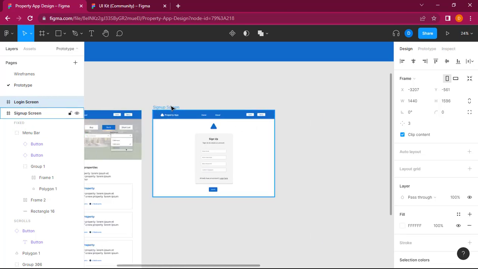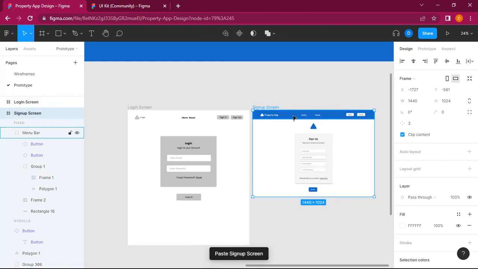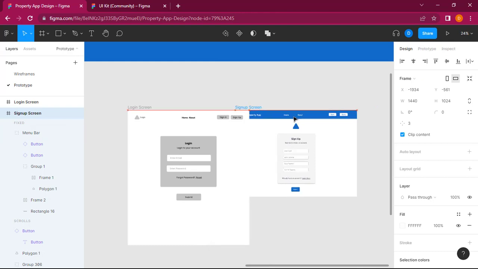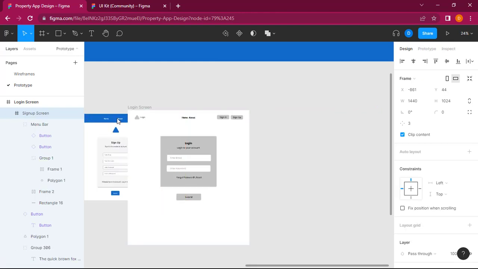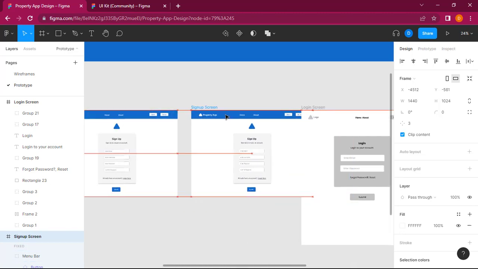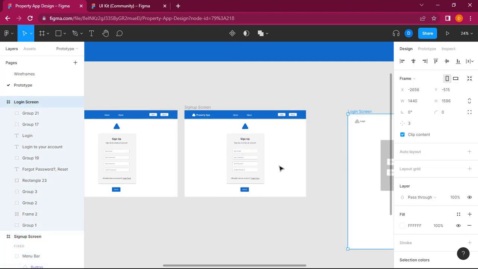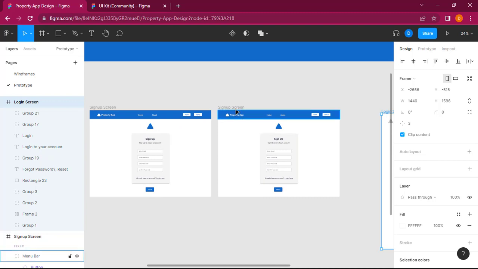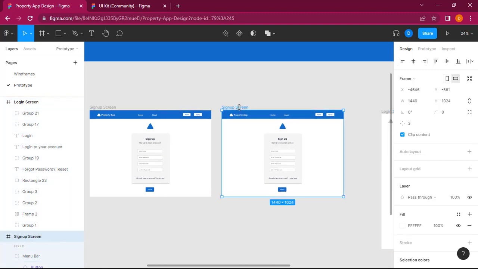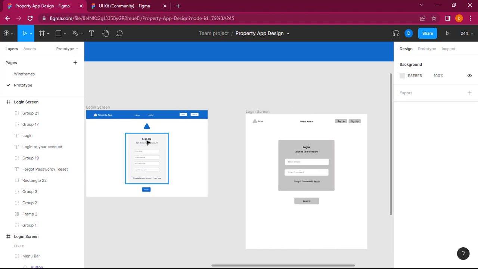It's just to copy this and replicate it here. I'm just going to edit this to login screen, and so what we have here instead is login,